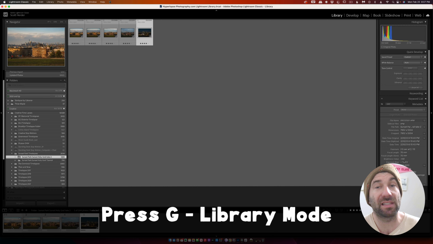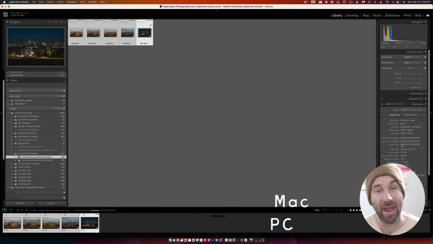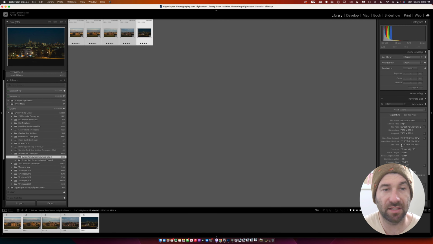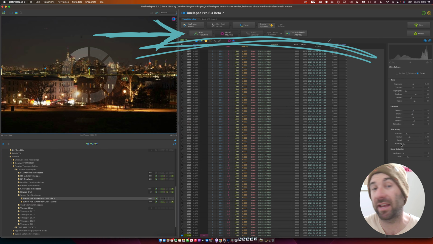And then again, we're gonna select all of our images because we wanna save our metadata. We wanna save all of those changes that we just made. So we're gonna press Command S on a Mac or Control S on a PC. Once that's done, we're gonna hop into LRTimelapse, and now we're on the second panel, and again, we're gonna work